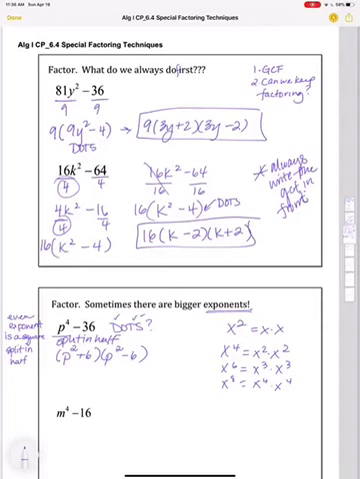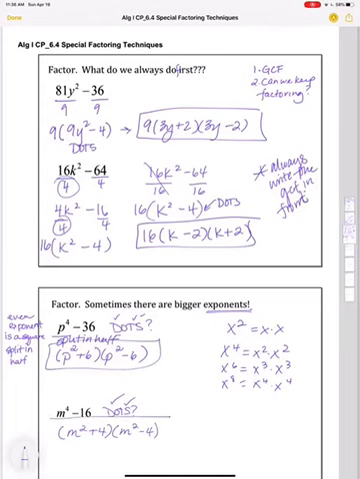Next one. Is this the difference of two squares? It's a difference, and those are perfect squares. So m squared plus 4, m squared minus 4. Now, does it matter if I do plus first and then minus? Nope, doesn't matter. You can switch